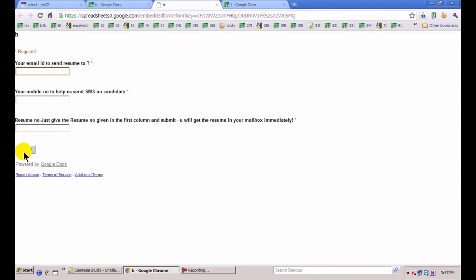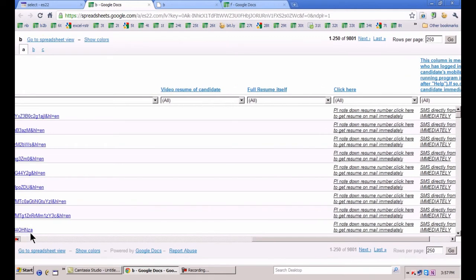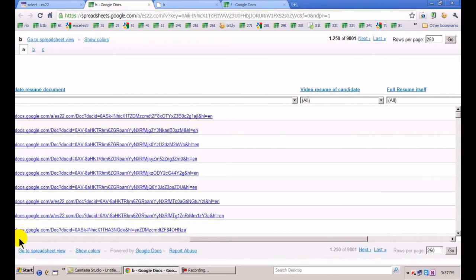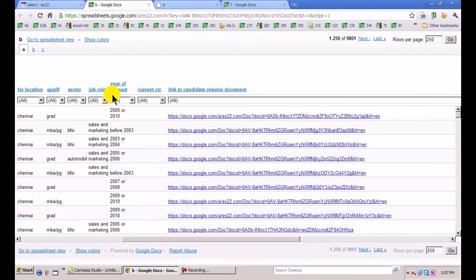An SMS as well as a mail goes to the candidate saying that, hey, this recruiter has viewed your profile, he wants you. An SMS and an email come to me at eLakshya saying that this recruiter wants to get in touch with this candidate. The recruiter himself gets a mail as well as an SMS with the entire resume. This particular resume link which you saw here is emailed to the recruiter. So therefore, it automatically connects the recruiter, the candidate, and eLakshya online. So this sheet helps in that. This is for traditional resumes.